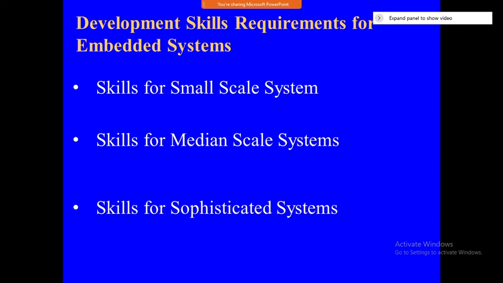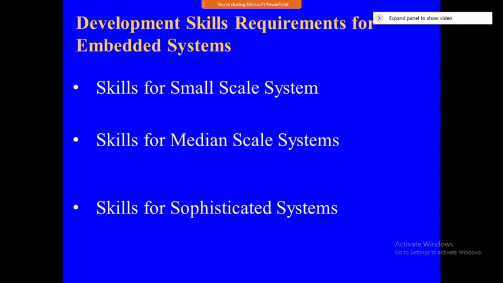Full understanding of microcontroller with a basic knowledge of computer architecture, digital electronic design, software engineering, data communication, control engineering, motors and actuators, sensors and measurements, analog electronic design, and IC design and manufacturing. These things are necessary for developing a small scale embedded system, and some basic knowledge is required in hardware areas including microprocessor, microcontroller, DSP, hardware units, software engineering. These are some of the components. Basic knowledge should be there for this small scale.